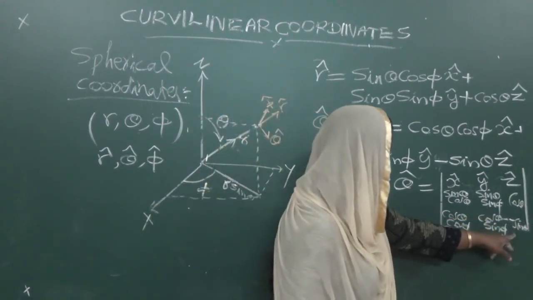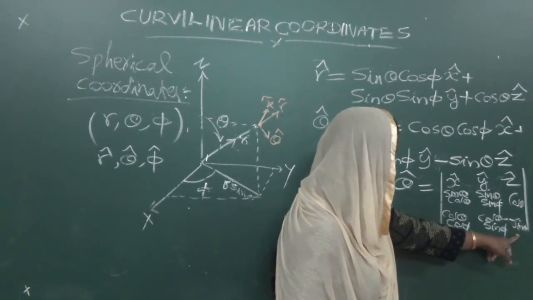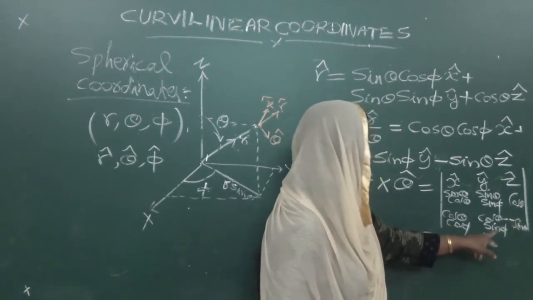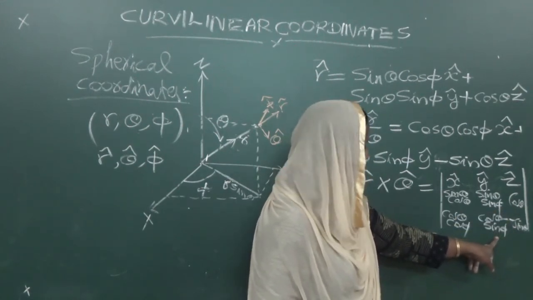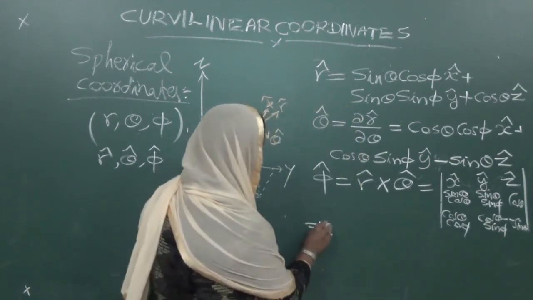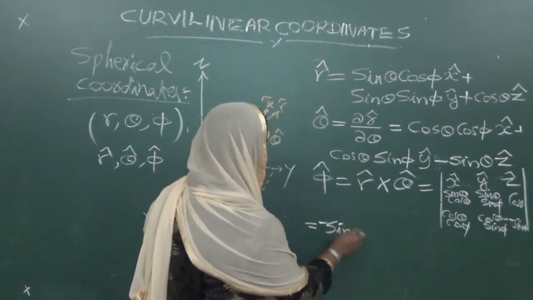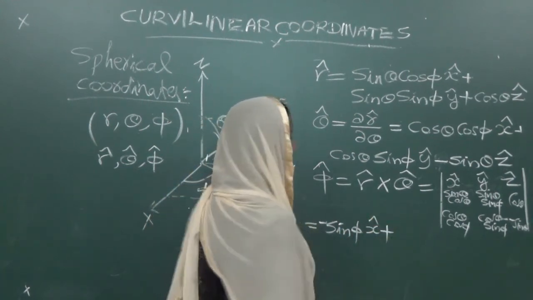This gives you minus sin square theta sin phi, then minus cos square theta sin phi. So you get here minus sin phi x cap plus